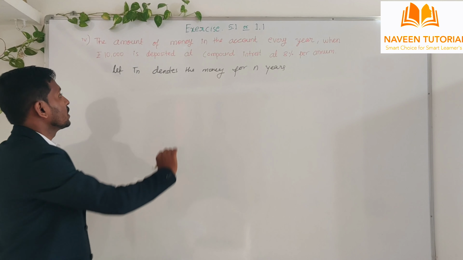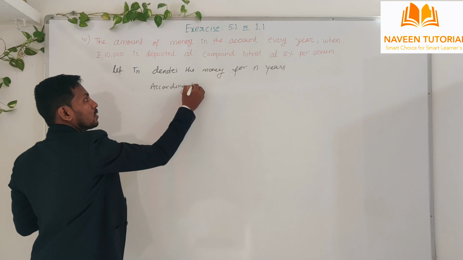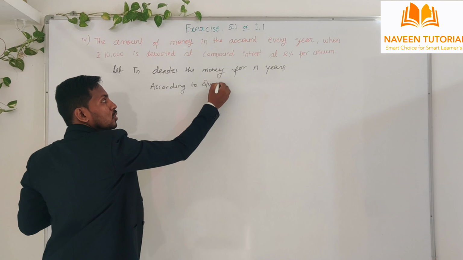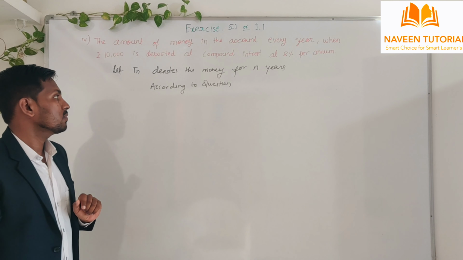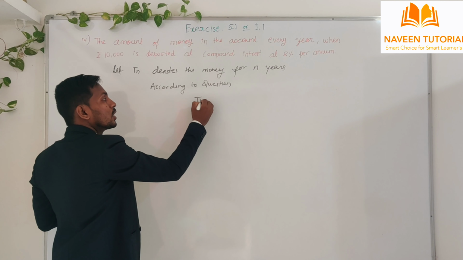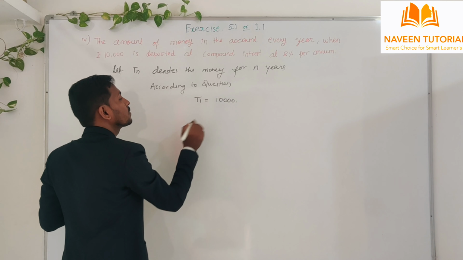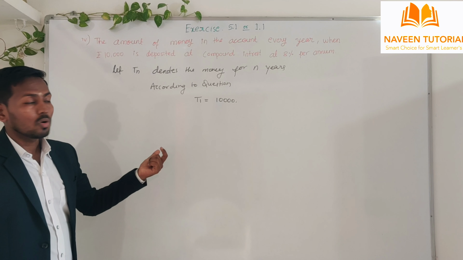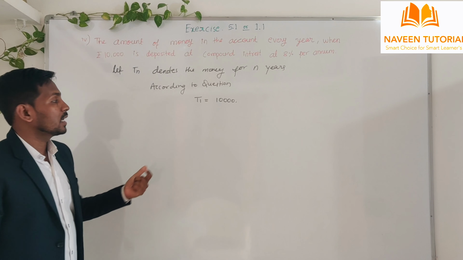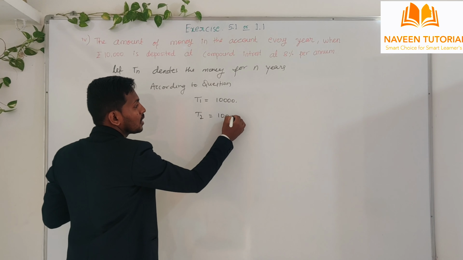So according to the question, we have 10,000 deposited amount for the first year. So that is T1 is equals to 10,000. And now we will get the amount in the next second year, that is T2 is equals to 10,000